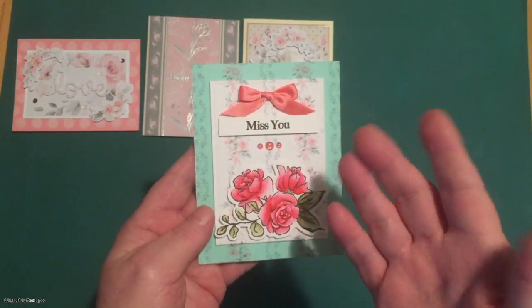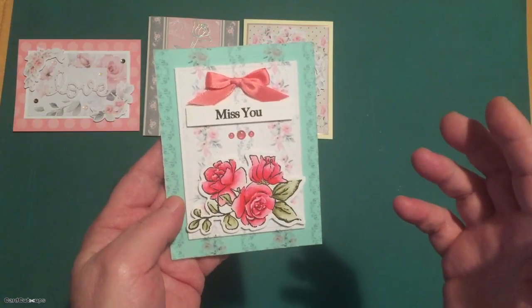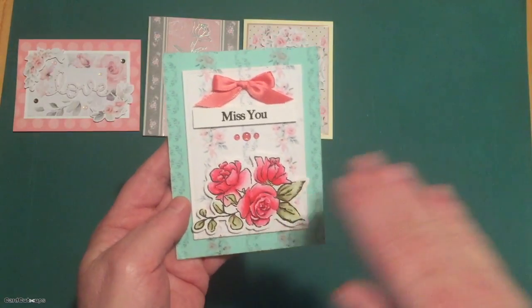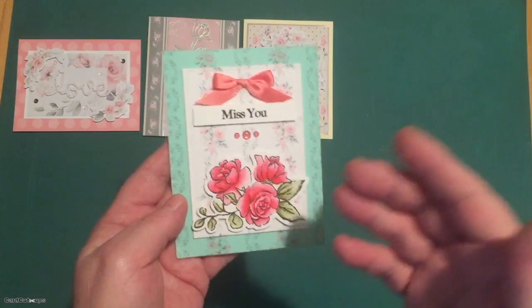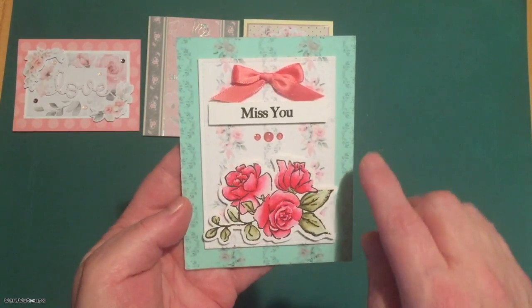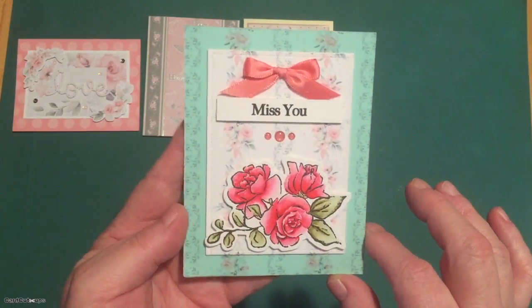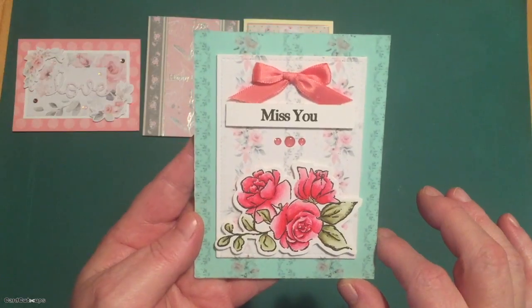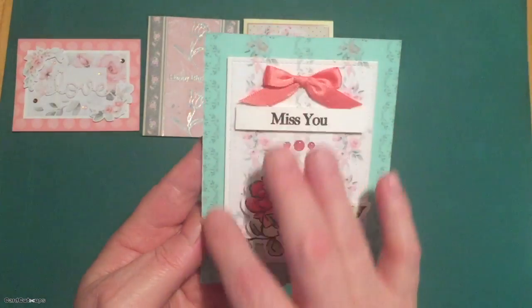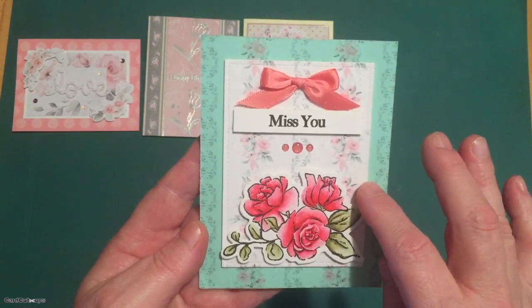So I took our sheet of printed vellum, that 8.5 by 11-inch sheet of printed vellum, and I cut it into 4 pieces. 4 pieces of 4.25 by 5.5 inch. Now, 2 of those vellum pieces had the pattern perfectly centered in the 4.25 inch by 5.5 inch panel. So I die cut the center of that panel using a Lawn Fawn stitched rectangle die,